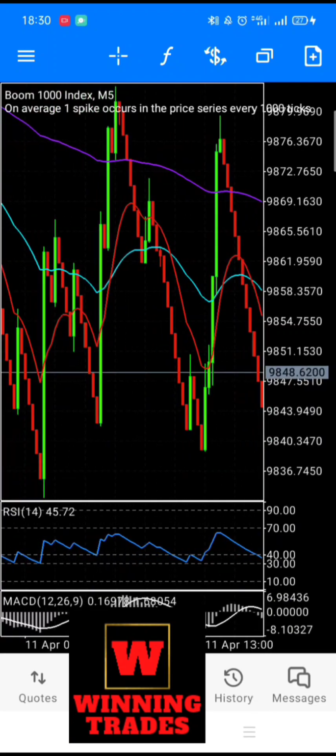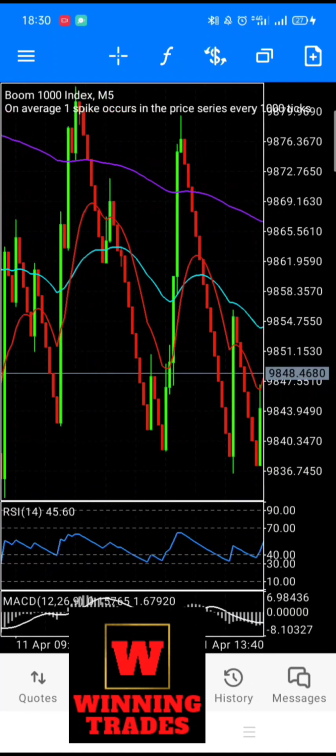Now you come down here, look at this rejected spike candle. What do you get? 1, 2, 3, 4, 5, 6. About 30 minutes sell. Look at another one. This candle rejected after it spiked. How many minutes sell do we have? 1, 2, 3, 4, 5, 6, 7, 8, 9, 10. That's 50 minutes sell. Then look at this. After it spiked here again and rejected the sell, what do we have? 1, 2, 3. Okay, so with this strategy, you can sell for a minimum of 15 minutes to a maximum